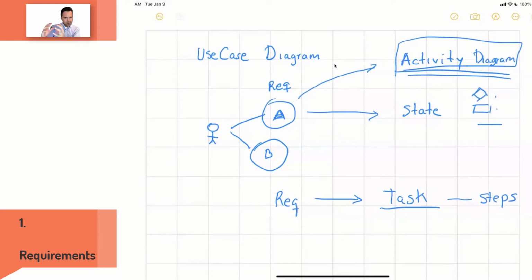If you need to provide details, you put the details in another diagram, the activity one, and that diagram is basically a collection of the different steps that you need to follow in order to accomplish that task. That is something that you reviewed before. The requirement, the details. What I asked you to do for the Pac-Man